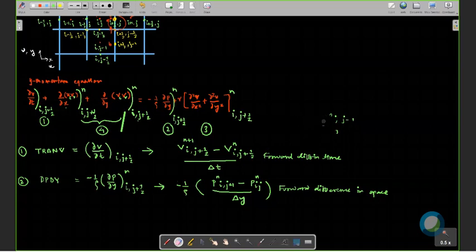You can use any difference, okay? That is what I'm saying. You can use backward, you can use forward, you can use central. Forward difference in this case is required for this transient term because this is explicit. SMAC is explicit, so forward. Here you can use backward or whatever you want. Central difference is also okay.